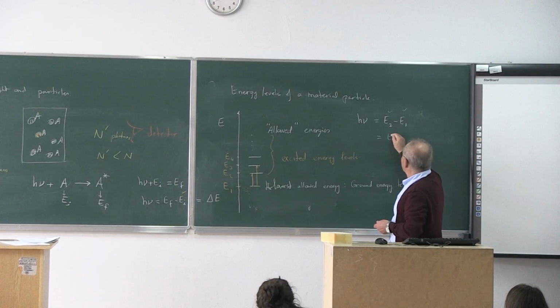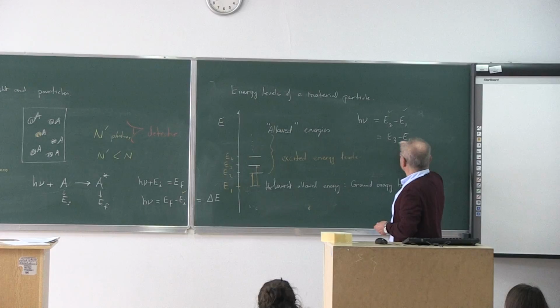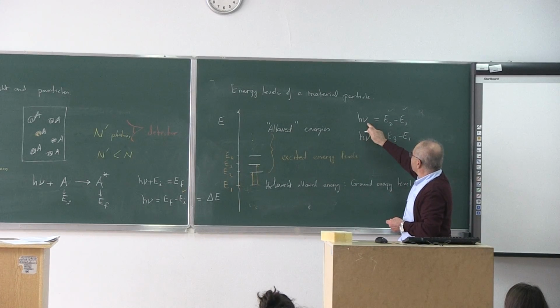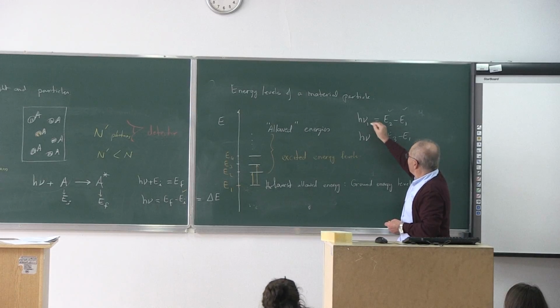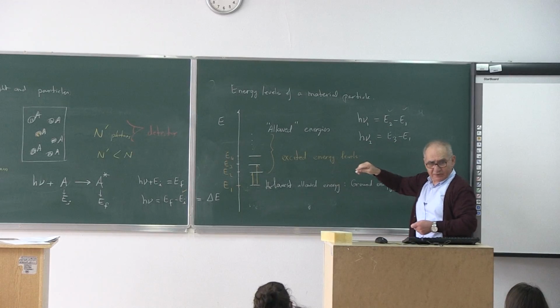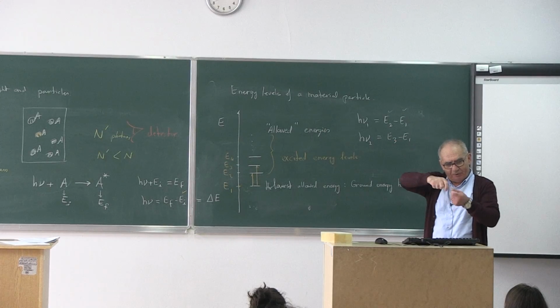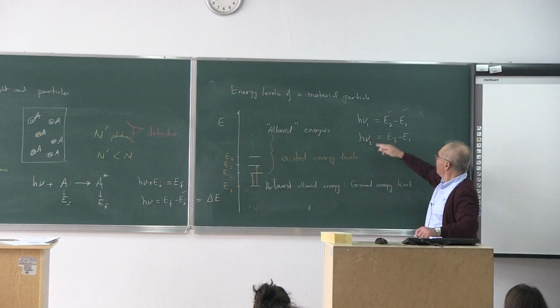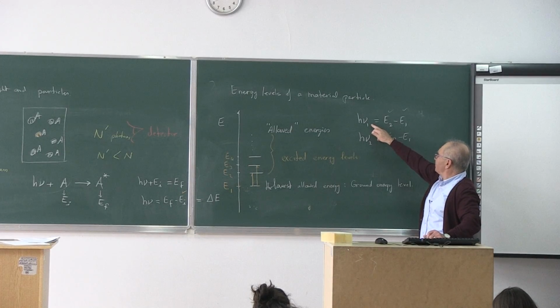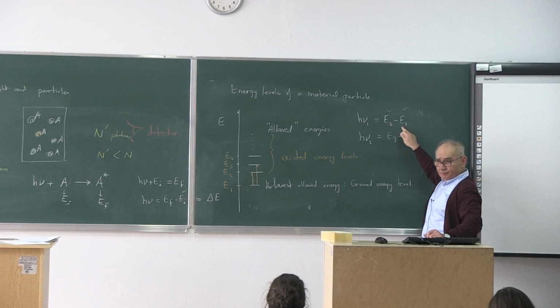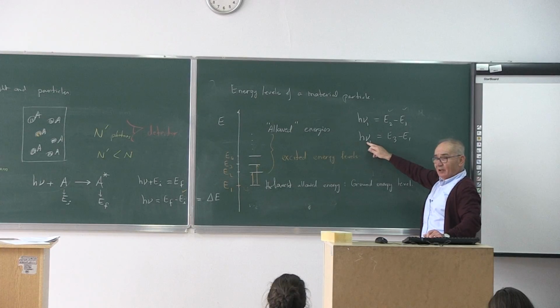We have E3 minus E1. So let us number the photons also, 1, 2, like this, in increasing order of the values. Here is a lower frequency photon, and we can obtain the value of frequency if we know E2 and E1. This is a larger frequency photon,